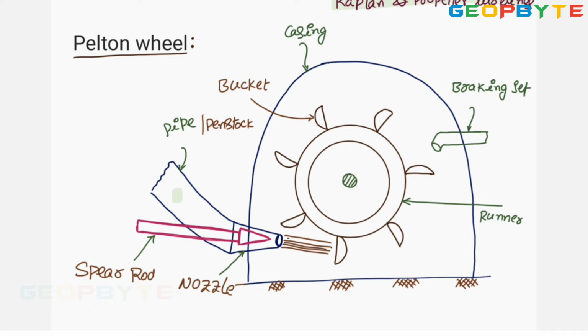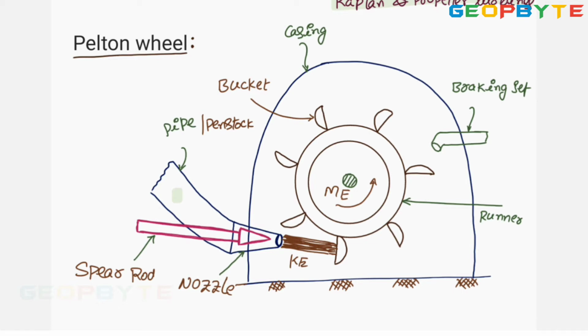A high velocity jet is coming out from the nozzle. That high velocity jet is hitting the turbine blades. Then the turbine is running in this direction. While the turbine is running, we are getting mechanical energy. That means here the kinetic energy of the water is converted to mechanical energy. And the turbine shaft is extended to the generator, where it cuts the magnetic field in the alternator. There we are getting the electrical energy.